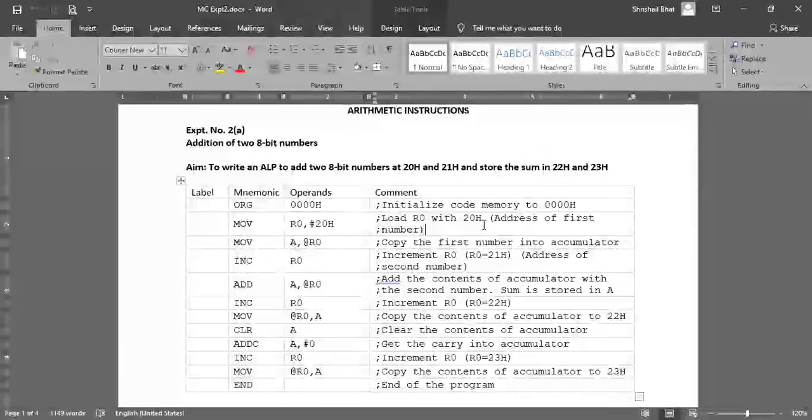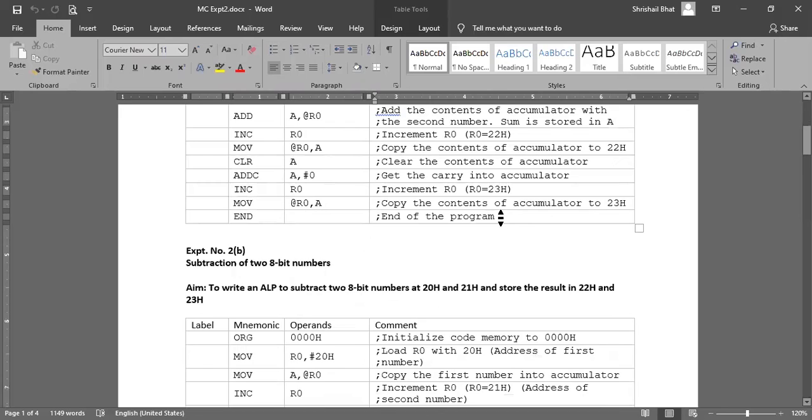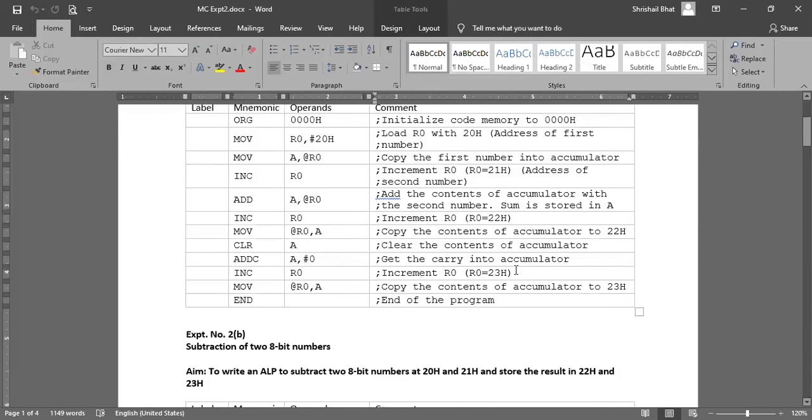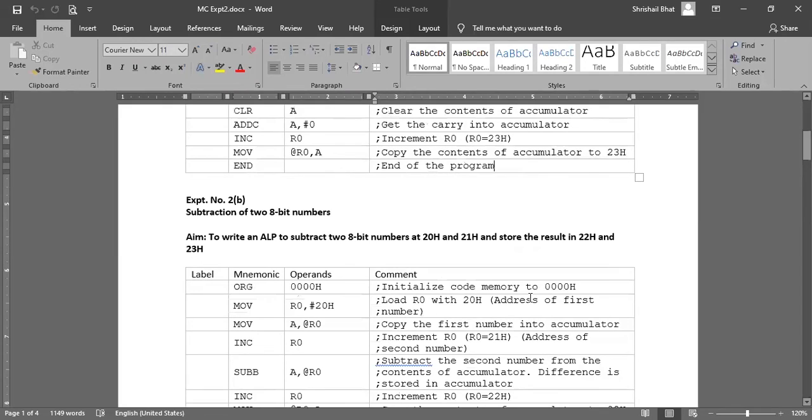These are actually very old. I had done this when I used to take microcontrollers some 3 years back. Finally, I had created these tables and all with comments so that it will be easy for the students to write the algorithms. In your lab programs, in your journals, you need to write the algorithm and then the program.